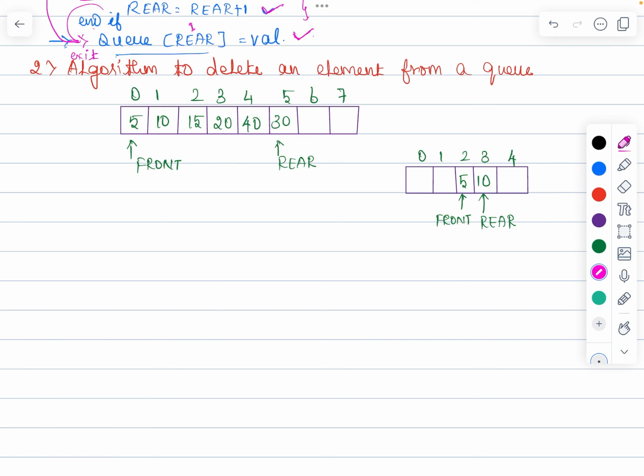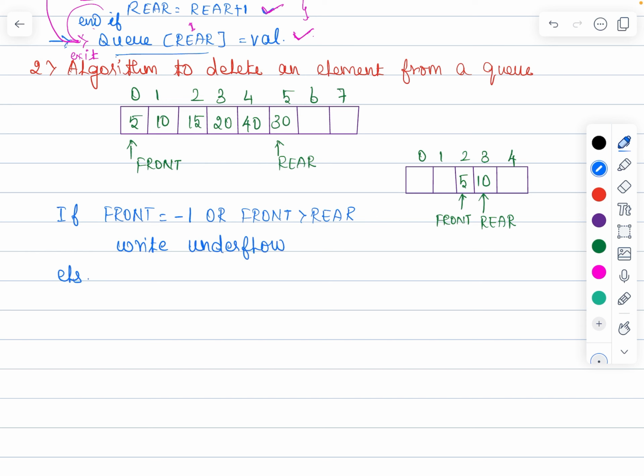The very first thing, to perform deletion, you have to check whether there is an element in the queue or not. Only if there is an element in the queue will you be able to perform deletion. If the queue is completely empty, no more deletions can be done, right? So, first you have to check whether the underflow condition occurs or not. The condition is: if front equals -1 or front is greater than rear. If front is pointing to -1, which means there is no element in the queue, front would be -1, that is, front is null. In such a scenario, we are supposed to print underflow,